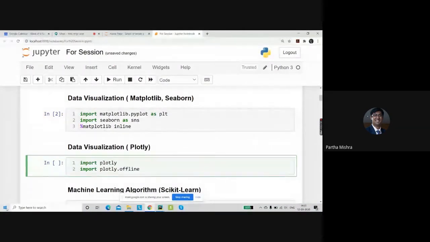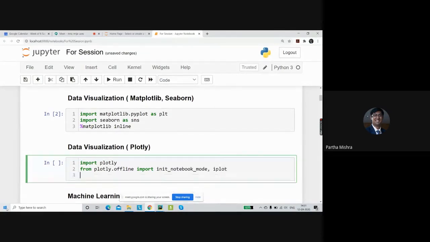From Plotly offline, we require 2 components, because we're in a Jupyter Notebook. We require net underscore notebook mode, and the next thing we require is iplot.